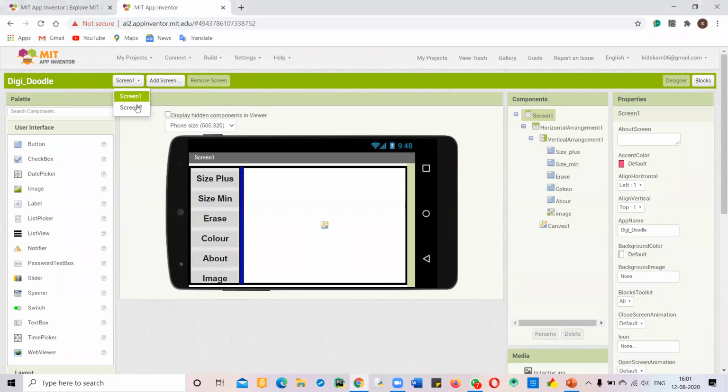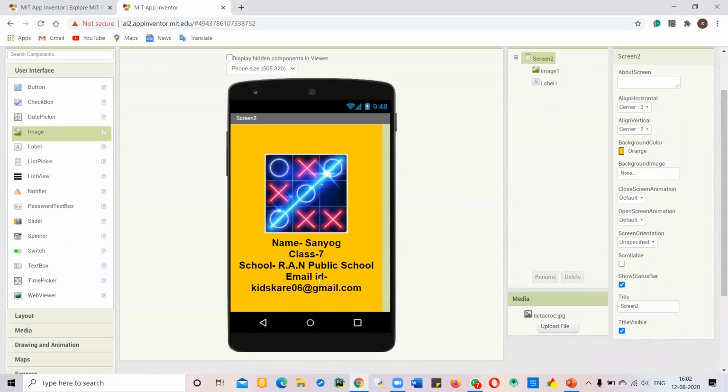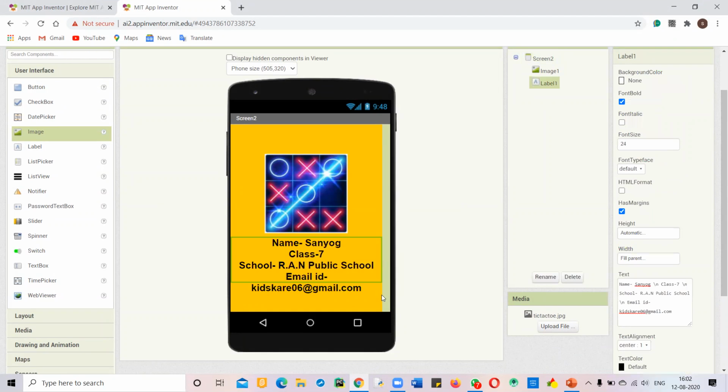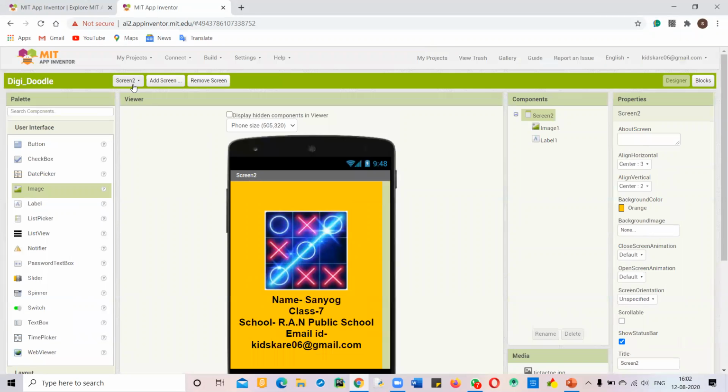You are the developer. So if the user clicks on the about button, then this screen will open. So he can know. And here you have dropped your email ID. So in case of any query or any issue regarding the app, he can contact you via the email. So this is the use of the screen.